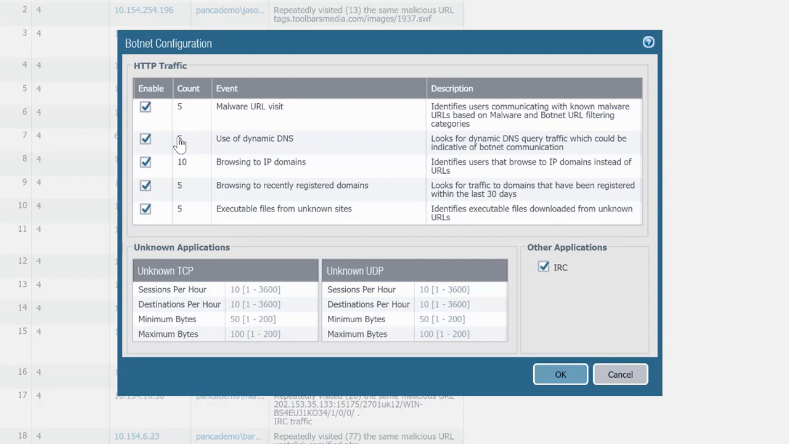The report bases confidence numbers on many factors. For example, the report assigns a higher confidence number to hosts that visit known malware URLs than to hosts that browse to IP domains instead of URLs. The report also assigns a higher confidence number to hosts that download executable files because executable files are part of many infections. You should start with the default HTTP count values listed here and then adjust them over time to